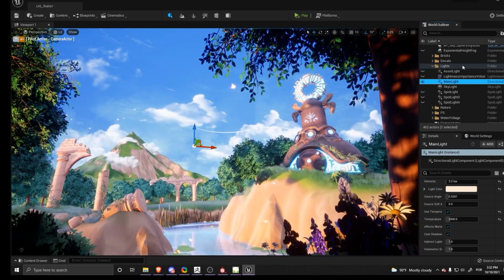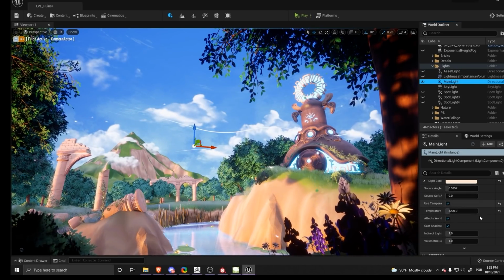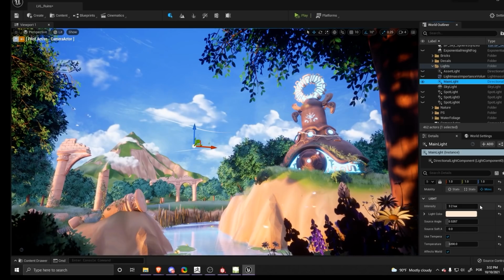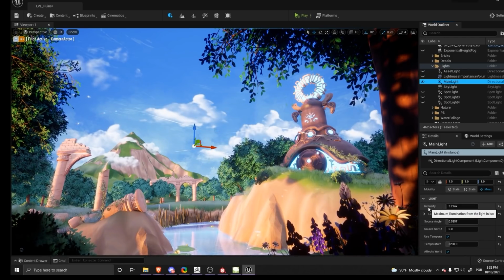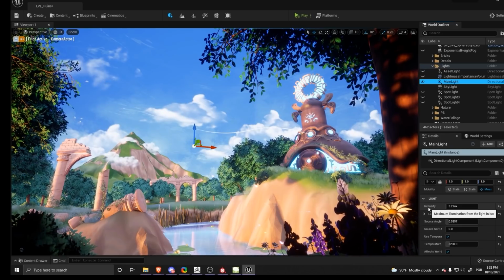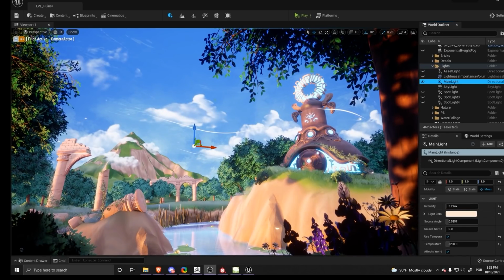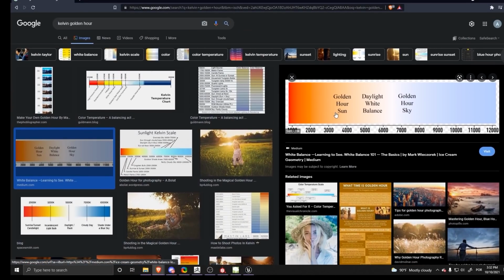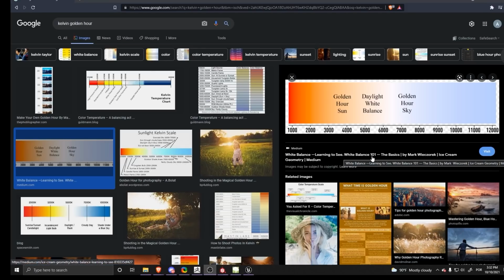For my main light, I chose to go on it by using temperature. The intensity is not too high at all. It seems a little bit too bright at the moment because I don't have my fog turned on. I went for it using the temperature like I mentioned, so I have it pulled up right now. I recommend that when you're using directional lights inside of Unreal Engine that you try to use temperature, because overall it will just give you some more natural results.